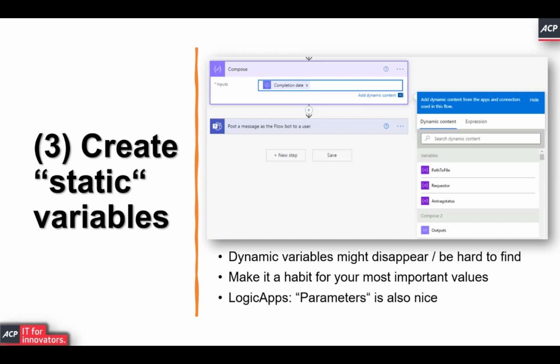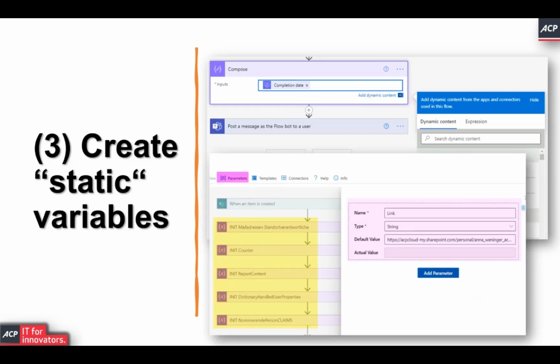And if you're working not within Power Automate, but within Logic Apps, which I'll be presenting towards the end, you don't have to go that far because there you have an extra framework that takes care of this for you, which is parameters. So basically, because you have fewer functionalities available in Power Automate to manage this, this is a way to replicate parameters in Power Automate. Yes, this is what it looks like in Logic Apps. So instead of having static variables, you could be creating parameters that you can use.